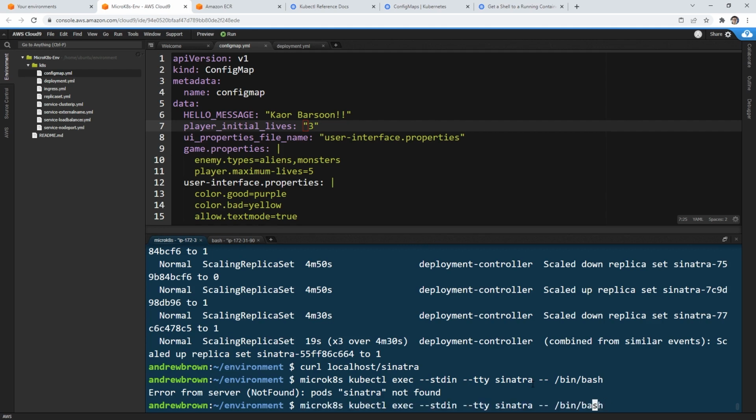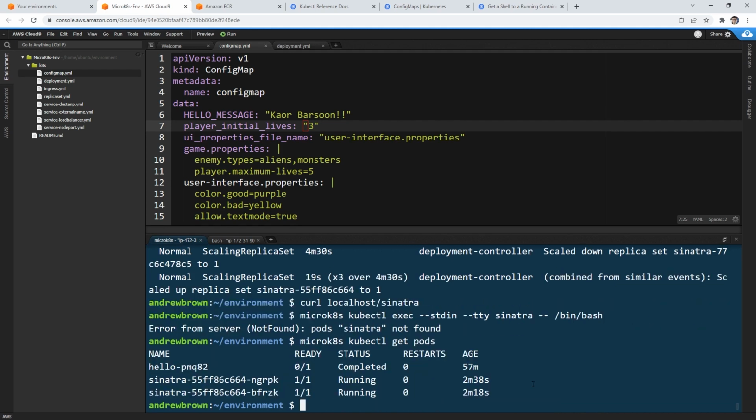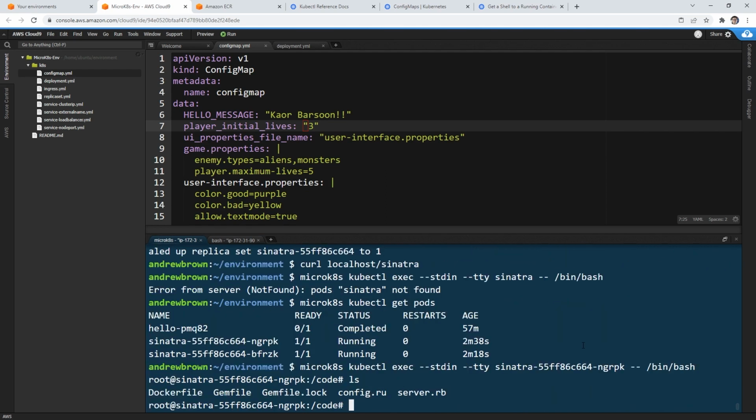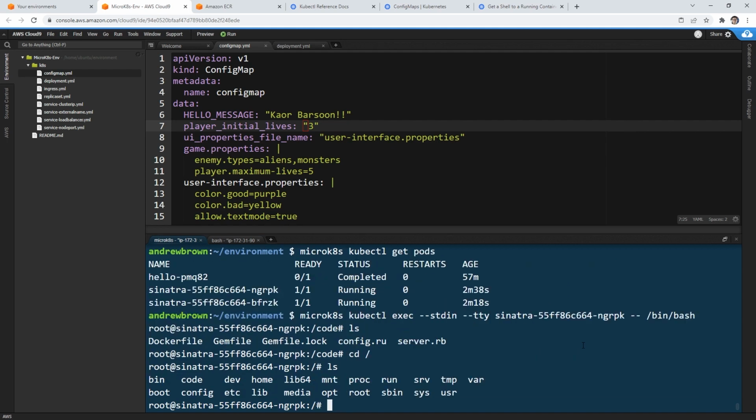Maybe we called it Sinatra example or something. So we'll say microk8s kubectl get pods. Okay, yeah, they're very unique. Okay, so then we'll have to actually give it the pod name here, right? And so now that we're here, we'll do ls, and we'll cd to the root, and we